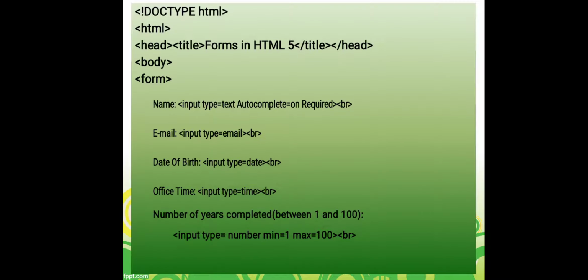So you can see here number of years, what I have written, input space type equal to number. Why number? Because that text box is accepting number value, but it has got some criteria. What criteria? That minimum value should be greater than or equal to 1 and maximum value has to be less than or equal to 100. That is why min is equal to 1 and max equal to 100. Here we are using two attributes for this control. I hope it is clear now. So your doubt is solved, I hope. So the range attribute is wrong, right? Don't get confused.